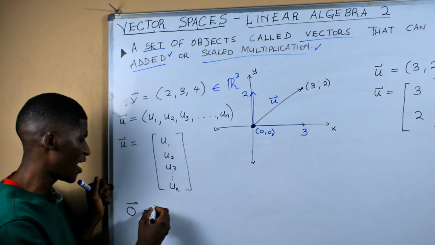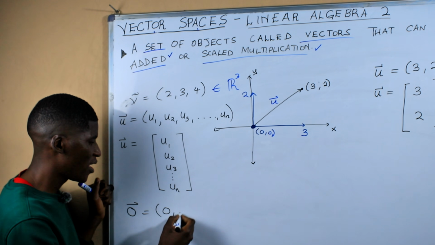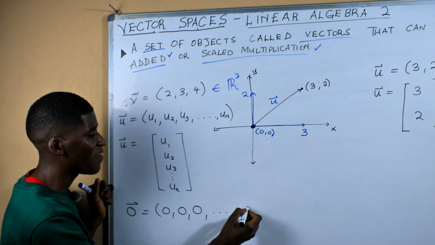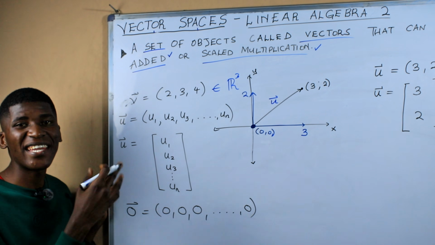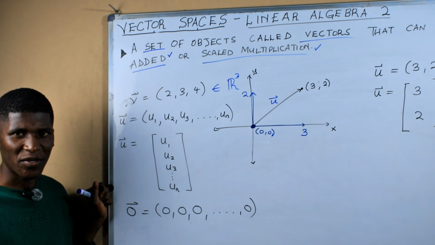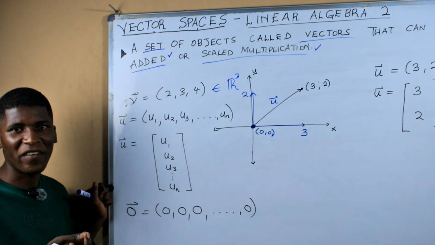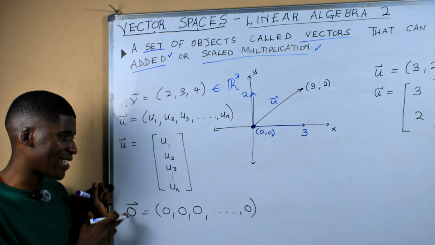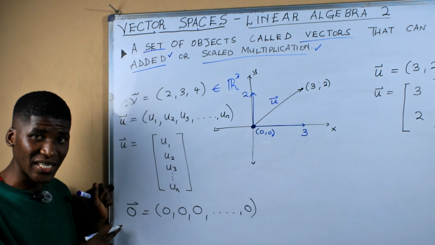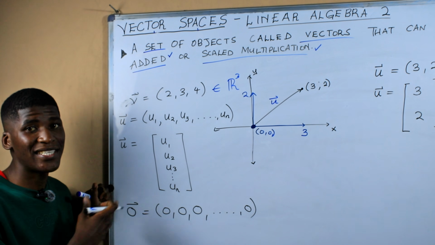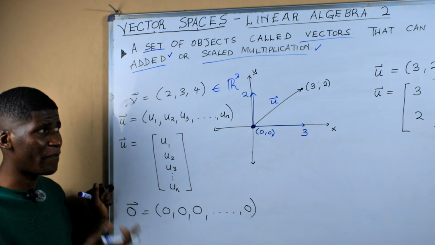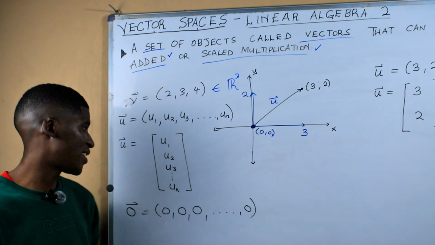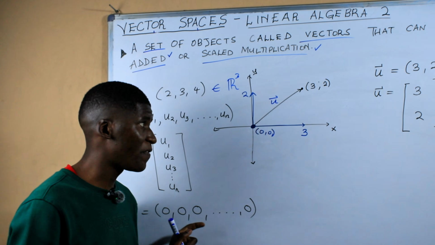So the zero vector would have components such as 0, 0, 0. It simply means that here we're having a series of zeros. We don't have any component with a magnitude greater than 0. Otherwise, we're just trying to say that a zero vector is a point. Yeah, it's just a point. Okay, so the zero vector is an identity element. It's very important because it serves quite a lot in proving that this is a vector space, or maybe later some subspaces. So the zero vector being there is also significant.